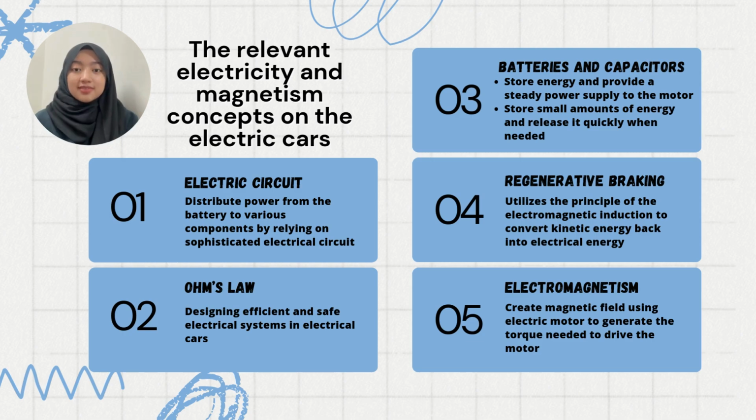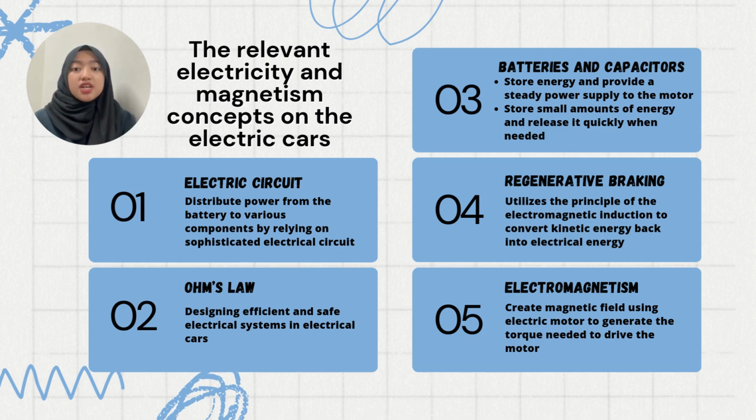Furthermore, electric cars use electric motors that rely on electromagnetic induction to convert electrical energy into mechanical energy to move the electric cars more efficiently and sustainably. These motors work based on the principle of electromagnetism. In short, electromagnetism is at the core of many systems in electric cars, from the electric motor to power conversion